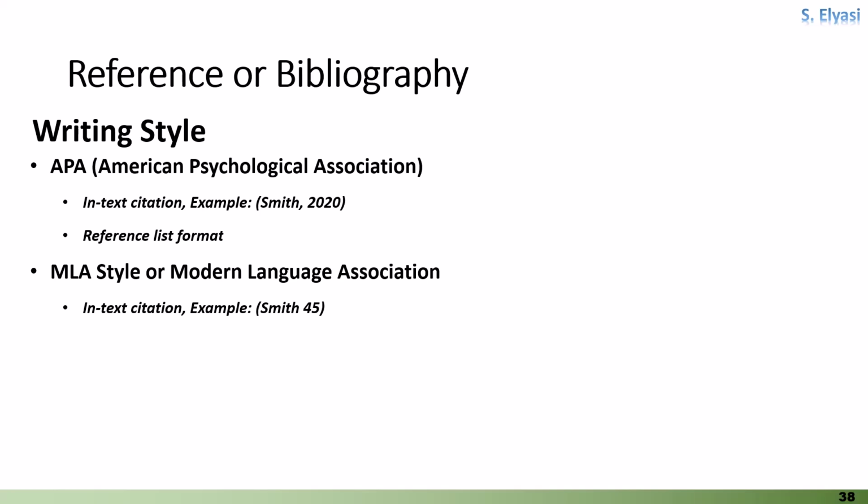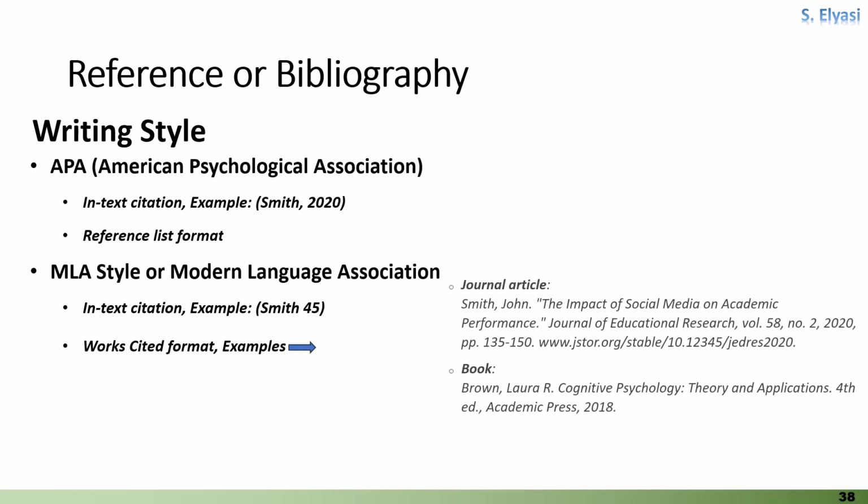MLA style uses the author's last name and page number in parentheses for in-text citations. Works Cited format. MLA emphasizes the author's full name, the title of the work in title case capitalizing all major words, and the publisher or journal name in italics. Page numbers are included for articles, and URLs are included for online sources.